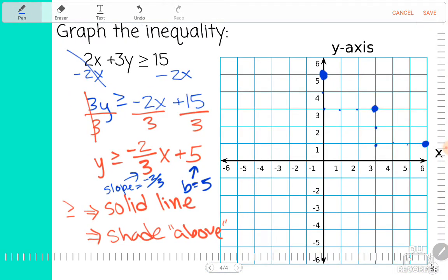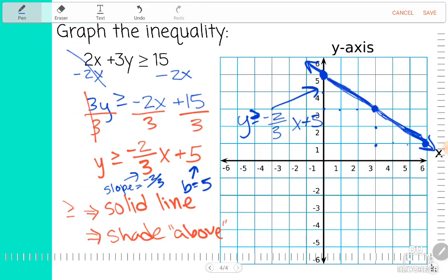This time I'm good with the solid line. Oh, maybe. Okay, straight edge would be helpful. Okay, so there's our line. That would just be if y was equal to that, right? We are used to seeing that. This would be the line y equals negative 2/3 x plus 5. But we want the area that's not just equal, but greater than or equal to. So greater than this line,